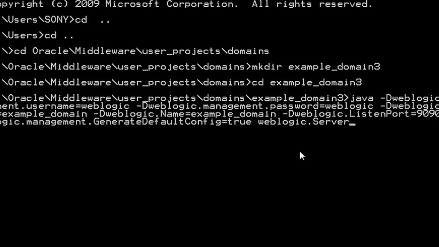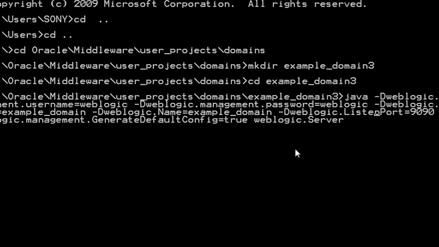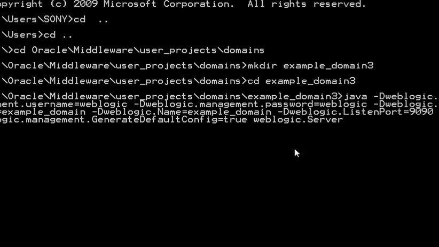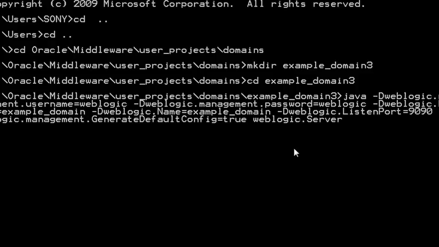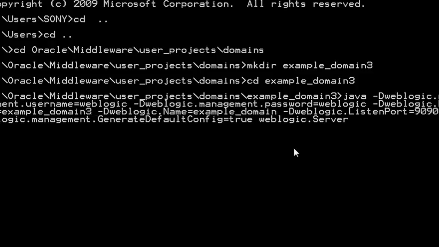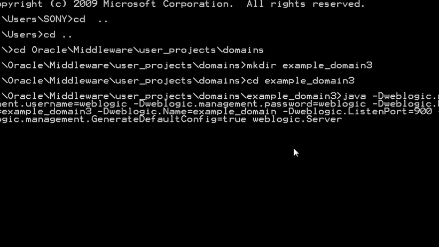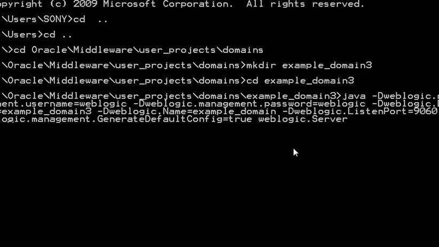execute this particular command. This command is actually a Java program which is creating a domain, and the first thing is your username and the password. The -Dweblogic.Domain must match the created directory, so I am adding 3 to it. This is just a name for your domain, and the listening port, which I am changing to 9060, and